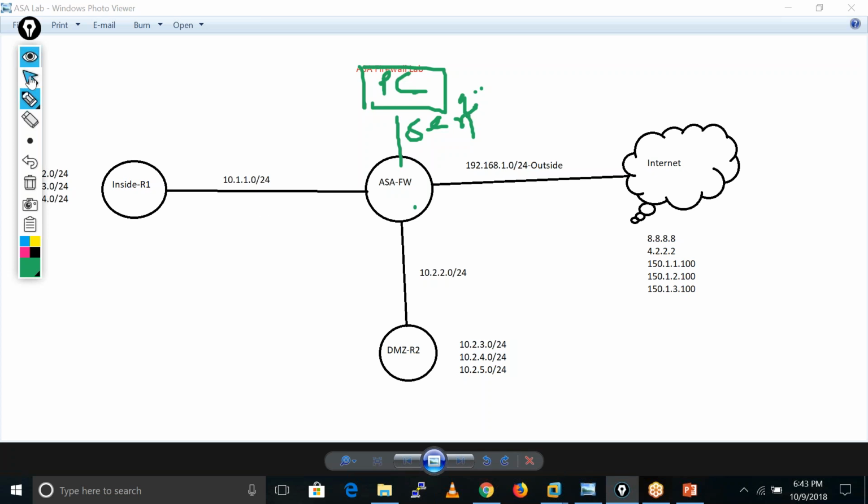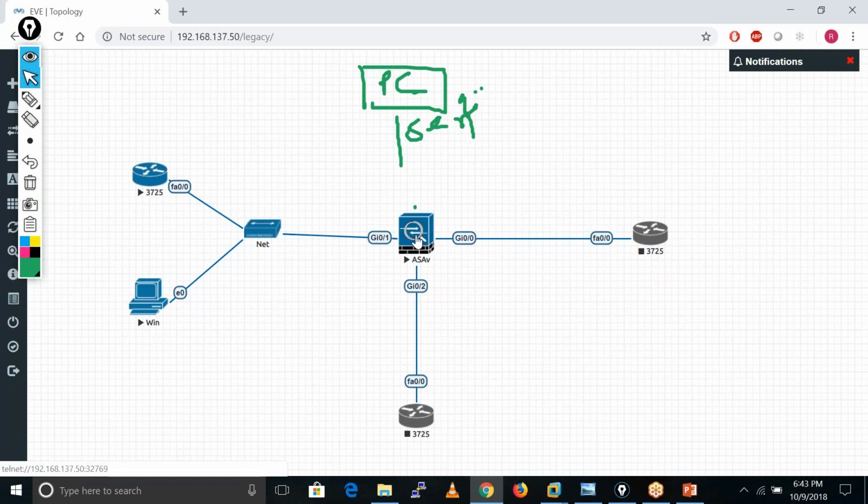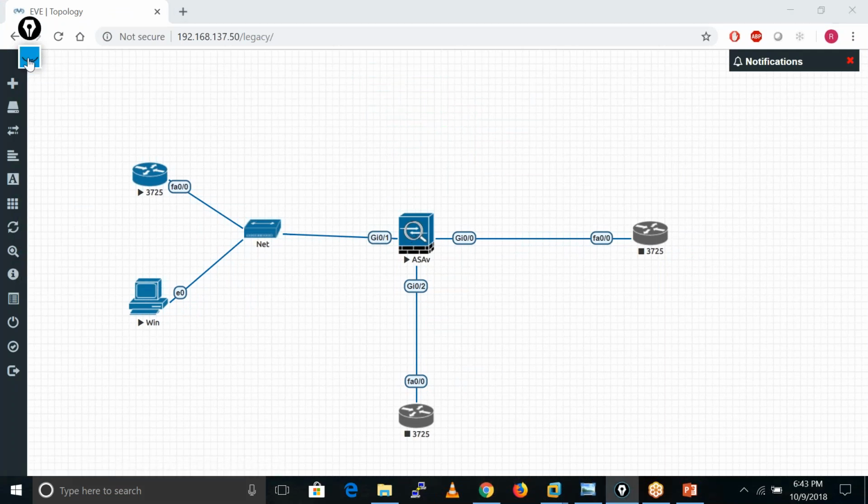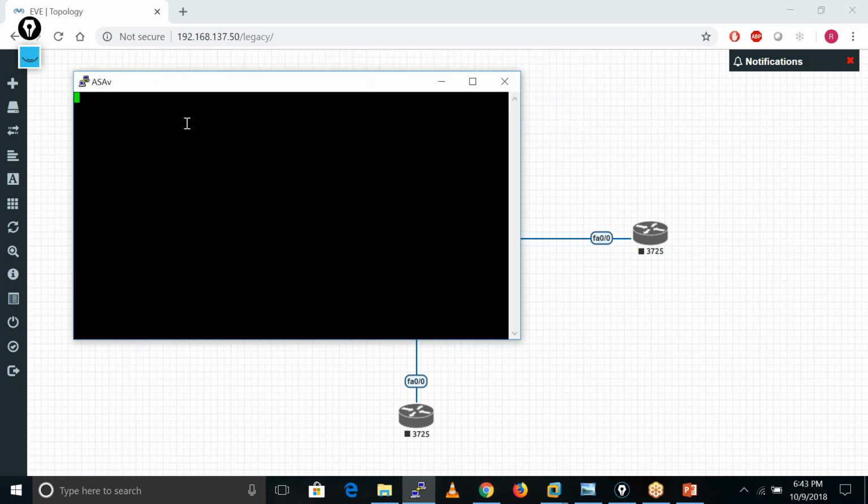How do we get the console access like this? If I open my ASA firewall here, I am using this software EVNG. If I double click on that firewall, I get the console access of this particular device. Yesterday you saw the physical hardware of this ASA firewall; there we have a console port, right?